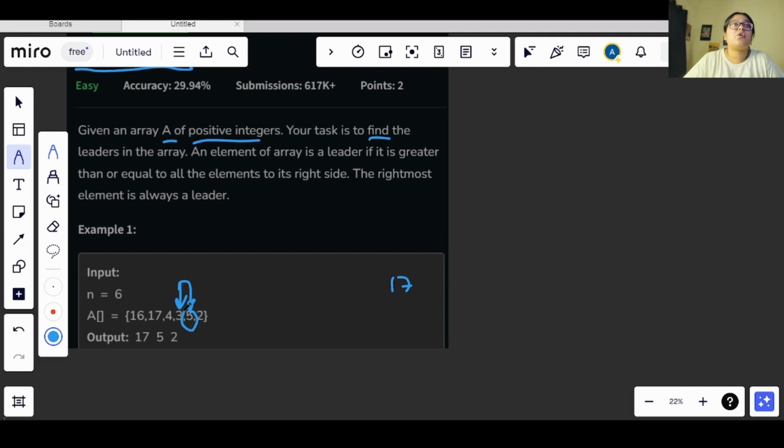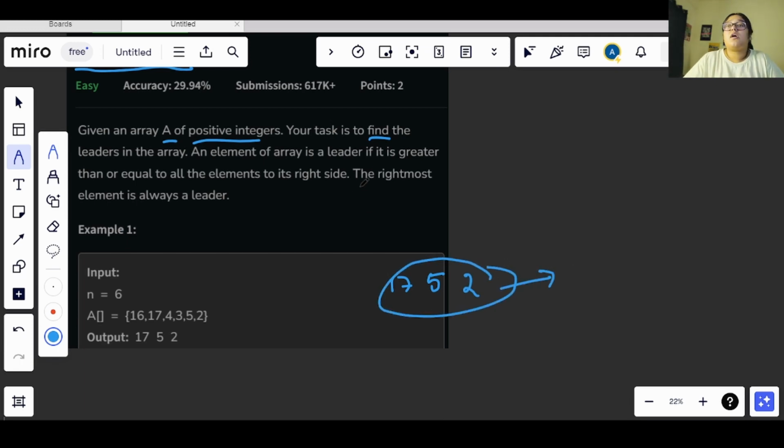This is greater, so 3 is not an eligible leader of the array. Now we will come to 5. We see if on the right side we have a greater value or not. It is not, right? 2 is lesser than 5, and after that we don't have any value, so 5 will also become a leader in the array. About the last value, we don't have any value after that, so it will always be a leader in the array. So we will be returning this as the answer.